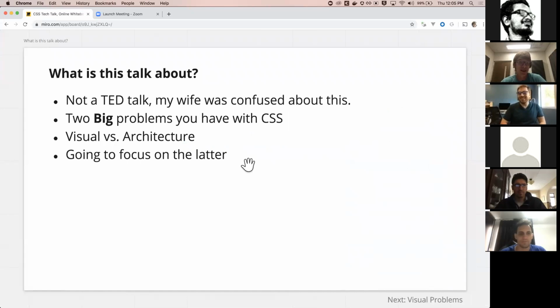But it is about the two big problems you have with CSS. One is visual, right? You get a mock-up from somebody and you're like, how the heck do I make this with CSS? I don't understand that. Or, how do I get this to go from down here to up here on a page? The other is architecture, right? It's this idea of, okay, I have this big application. How do I structure my CSS over it to make it easy to work with? And